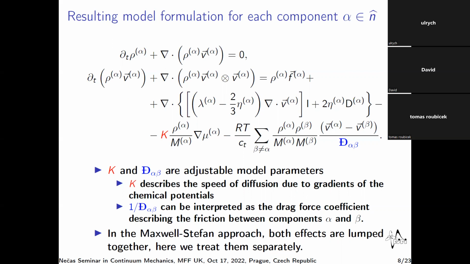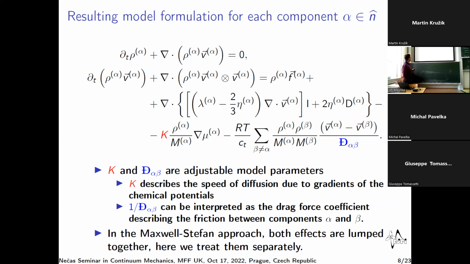In comparison, if we used the Maxwell-Stefan approach, we would have this system of equations. This would be the same, and instead of momentum balance, we would have just these two terms equal to 0. So in Maxwell-Stefan, we have the assumption that the driving force of the diffusion is the gradient of chemical potential, and it should be equilibrated with this friction term. And then this constant would not be here because it would be part of this d alpha beta. So in Maxwell-Stefan, we have only d alpha beta parameters,